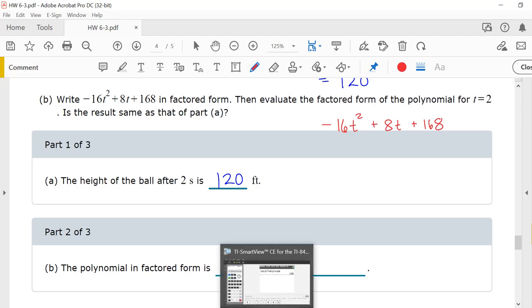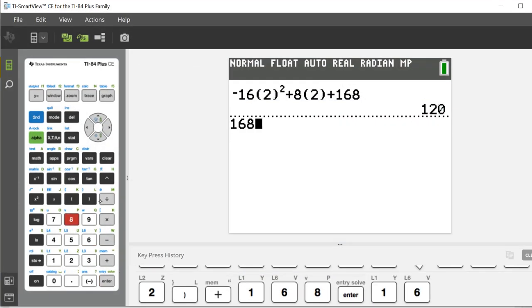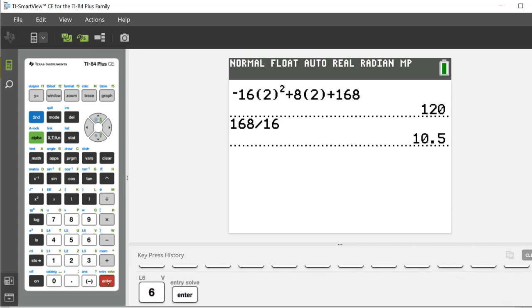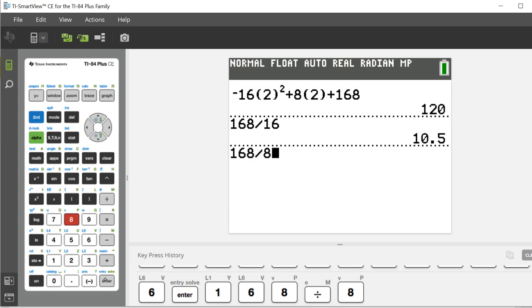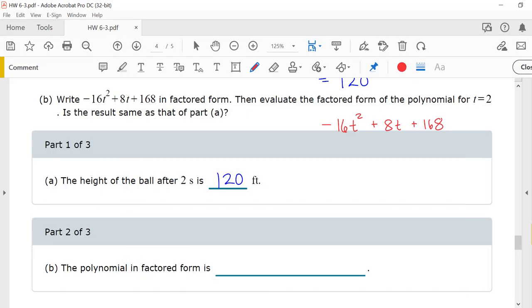Can we pull out a 16? No. Can we pull out an 8? Yes. If I pull out a negative 8, I'll be left with 2t squared plus t plus, nope, minus